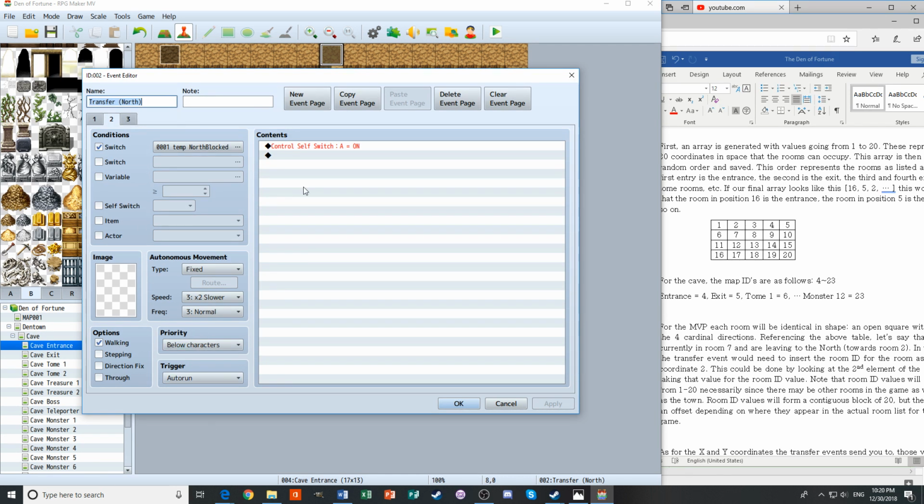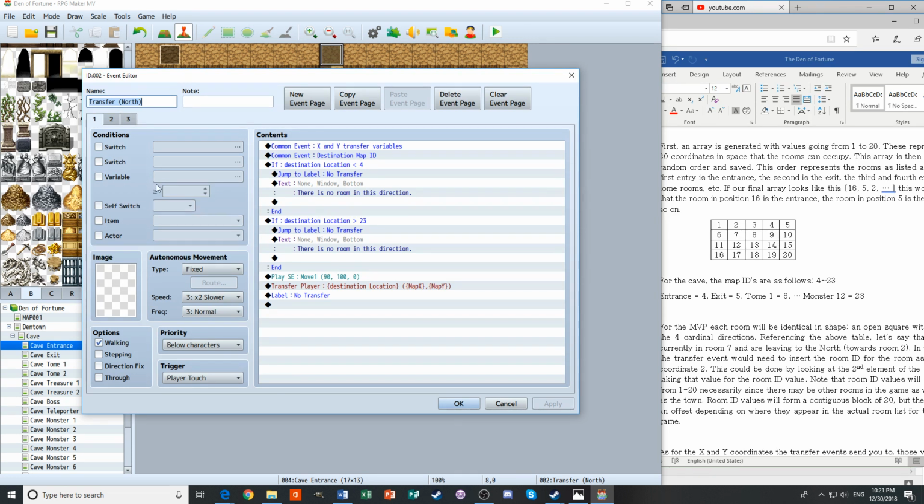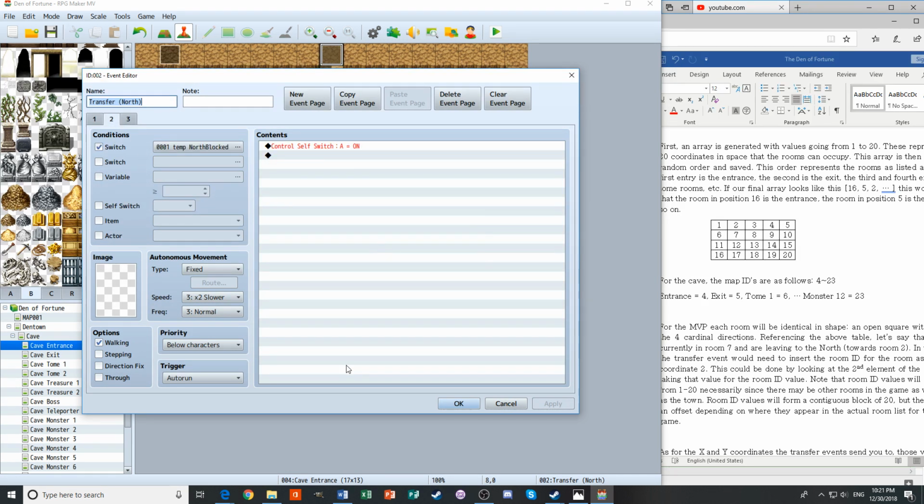But I do know the issue with the way that I set this up is that it's checking to see if it's blocked. And if it is, it seals forever, and it will never unseal. And that is good. That is what we want. However, this is also checking continuously every time we enter the room. And because we're using the same variable every time, the same switch every time, if the switch hasn't reset before we've entered the room,